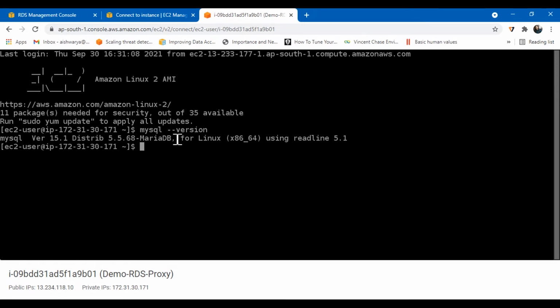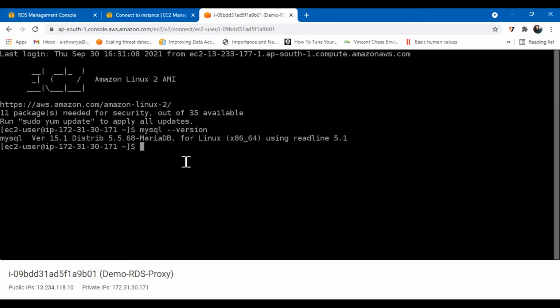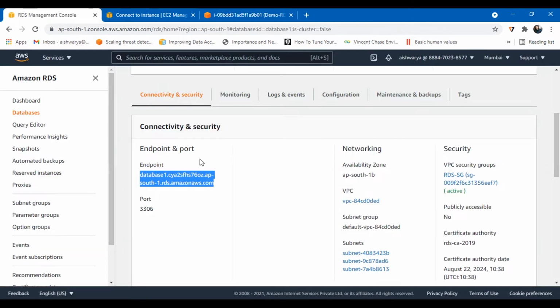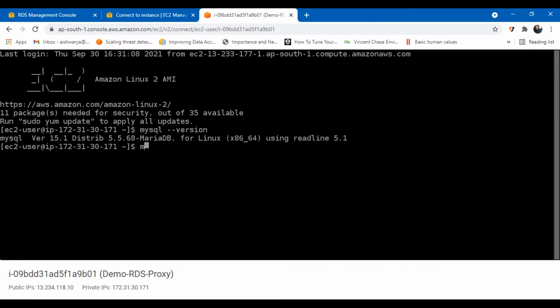I have confirmed. So now I will connect to my RDS DB instance from my EC2 instance. For that I need the endpoint. Just copying the endpoint from the RDS DB instance, and here I type the command.